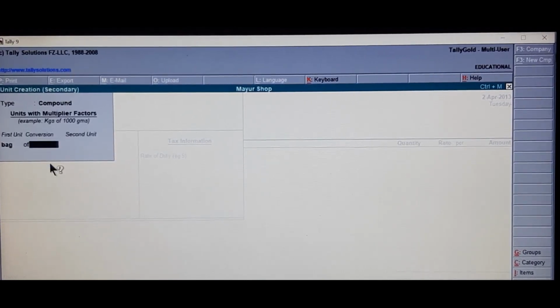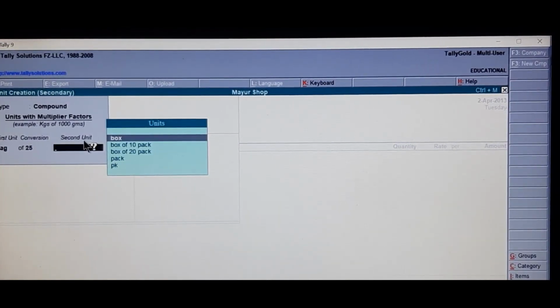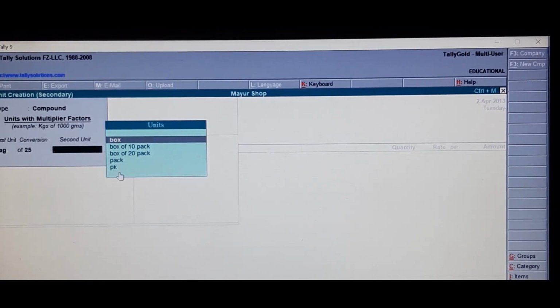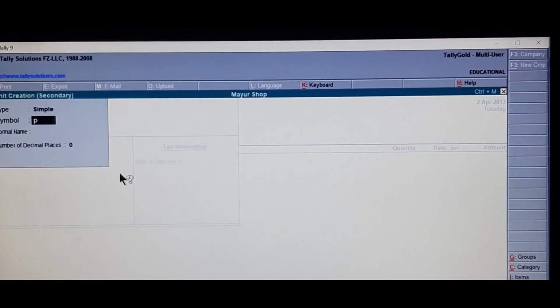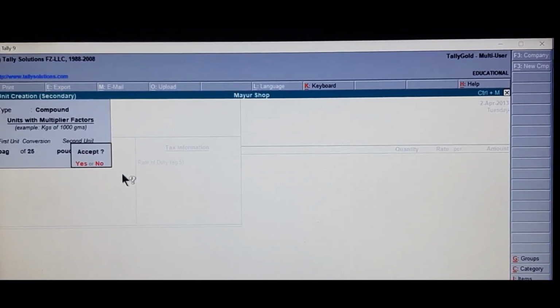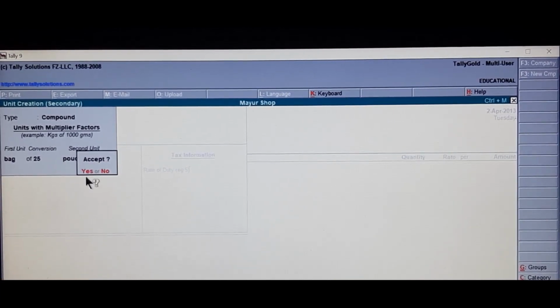Press Y from the keyboard. 25. Second unit we have to create, that will be pouch. Pouch is not available in the list. We have to go for creating by pressing Alt C. Pouch. Accept, press Y from the keyboard. Bag of 25 pouch. Accept, press Y from the keyboard.